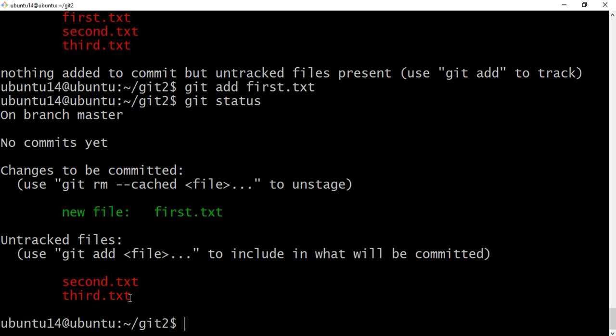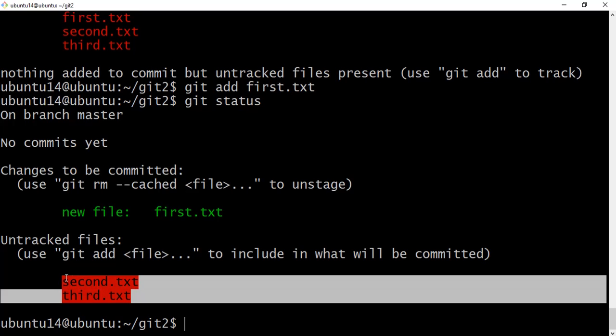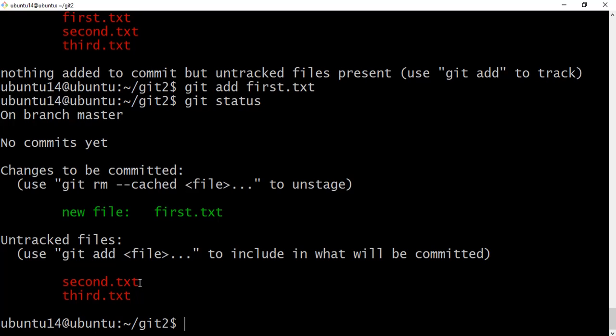If we need to add these two files at a time, there are two ways to add multiple files at a time. By using git add second.txt third.txt, this way we can add multiple files, or else git add dot.